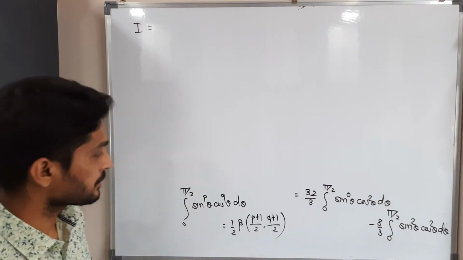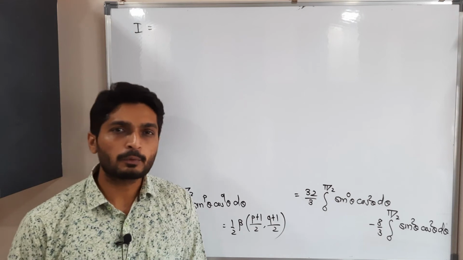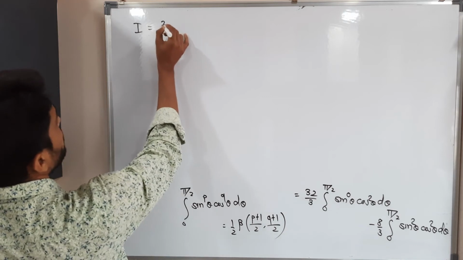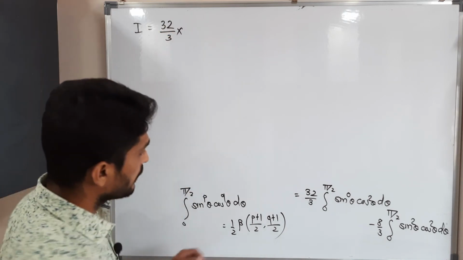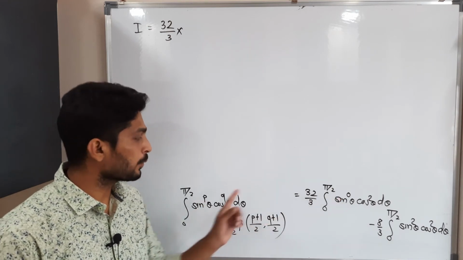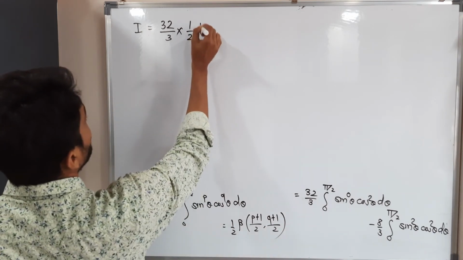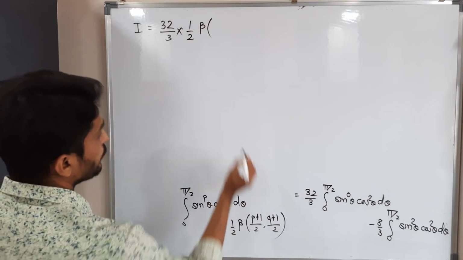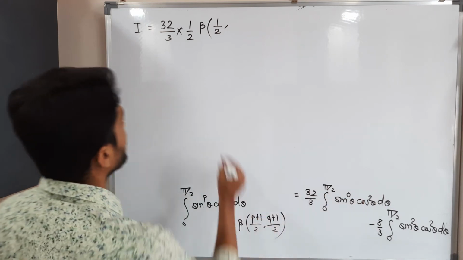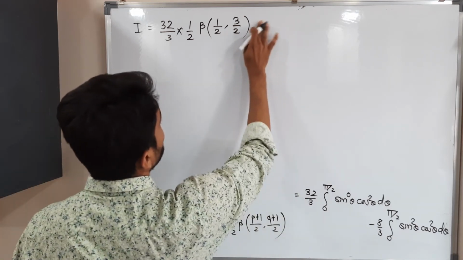Okay, so let us solve this integration. I have written the formula how to convert the integral in terms of beta gamma function. Already many problems we have solved, so you are familiar with this point. Okay, so let us continue. 32 by 3 into. So if you compare this first integral with respect to this definition, p is equal to 0 and q is equal to 2. So let us use it here and we will have 1 by 2 beta of p is equal to 0, 0 plus 1 by 2, that means 1 by 2, and q is 2, correct? So 2 plus 1, that means 3 by 2, minus 8 by 3 into